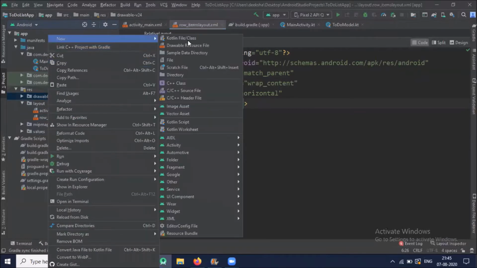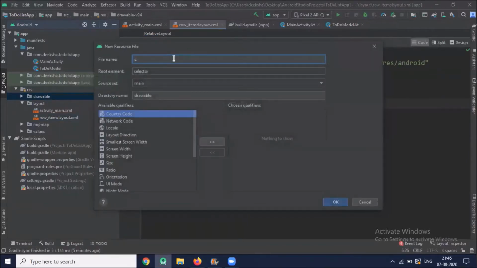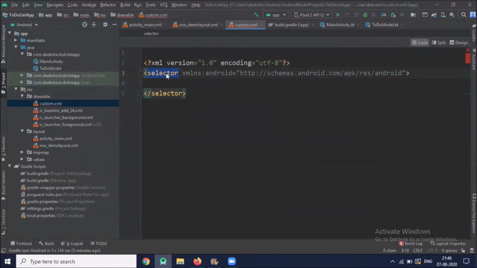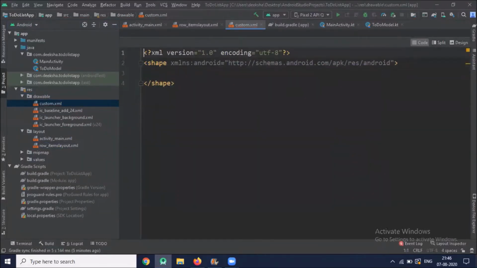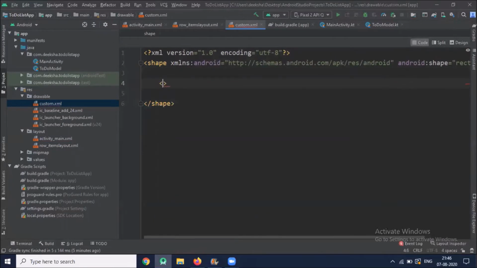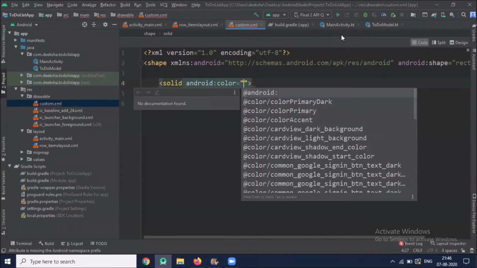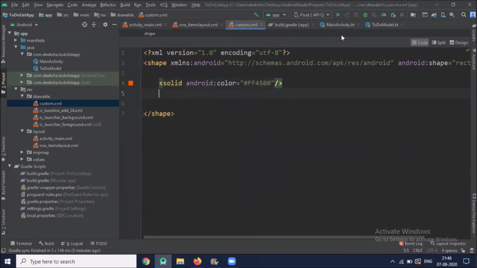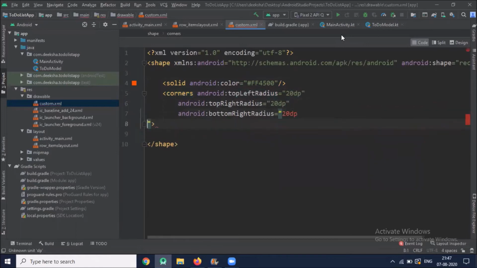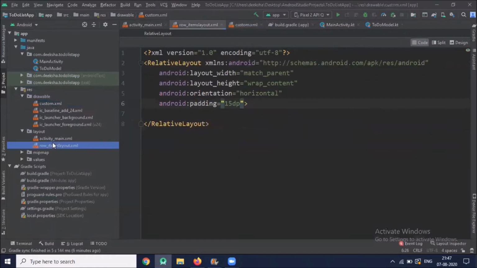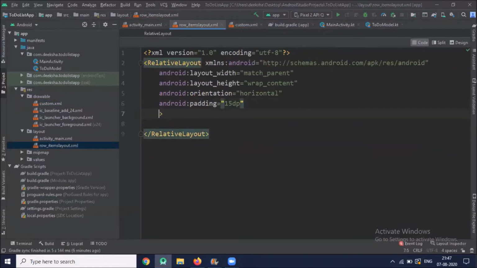So click on drawable, drawable resource file, name it custom. Now add background.